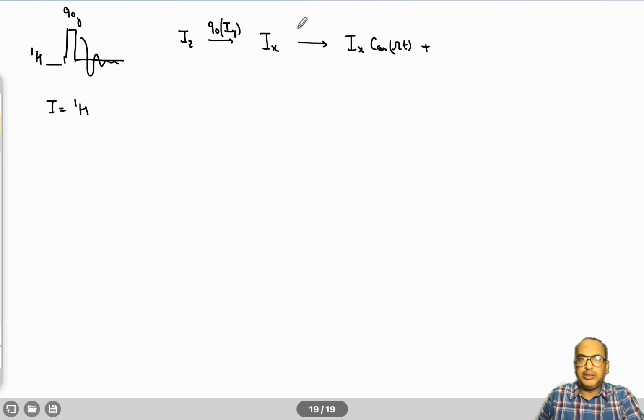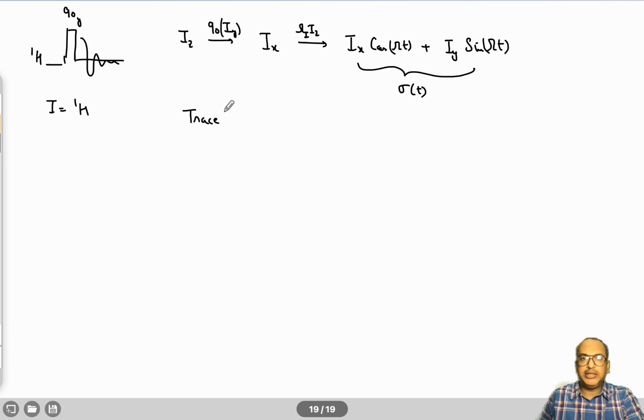So the Hamiltonian here is omega Iz, right? Or in time independent form, if you want to write, then it will be capital omega, and then Iz operating on Ix will give you Iy, so you will have Iy sine capital omega t, right? And if you take the, let's call it sigma t,